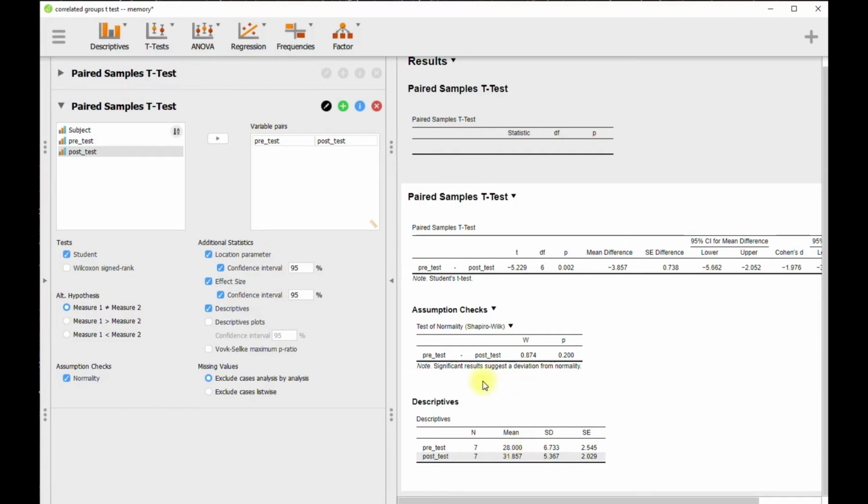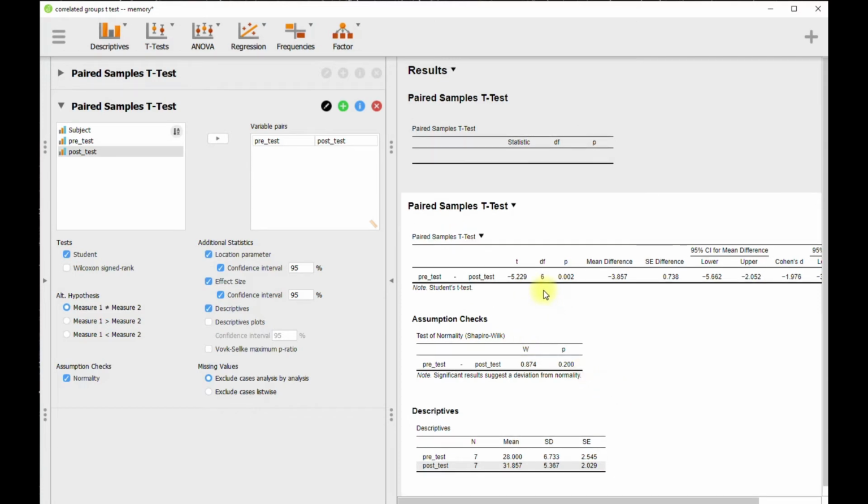We go to our assumption check, and this is just a check of the normality of the underlying distributions that are used. We want this assumption check to yield a p-value that is greater than 0.05. Okay, and that would be helpful for us. We would like to meet the assumption of normality. And the good news is that's what we got right here. The p-value for the statistic is greater than 0.05, so there's no evidence that our underlying raw score distributions here are in fact non-normally distributed. So that's good news. Then we go up to the t-test itself,